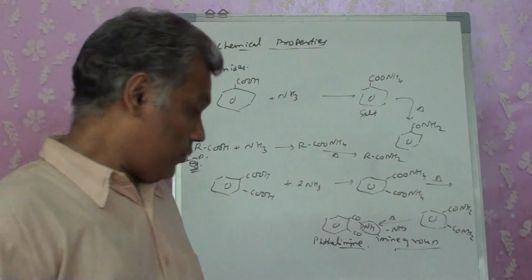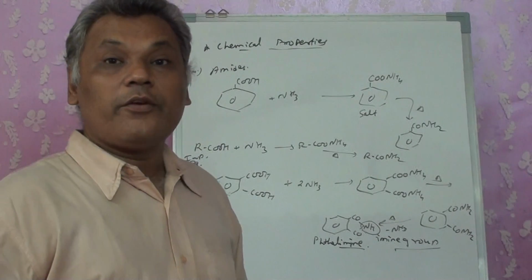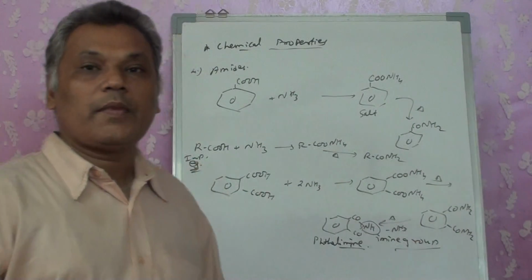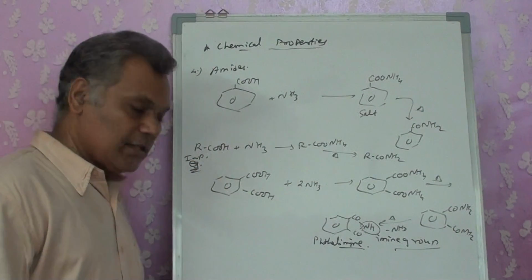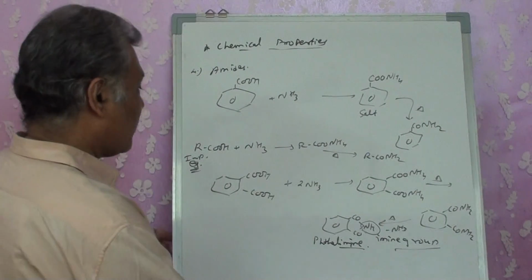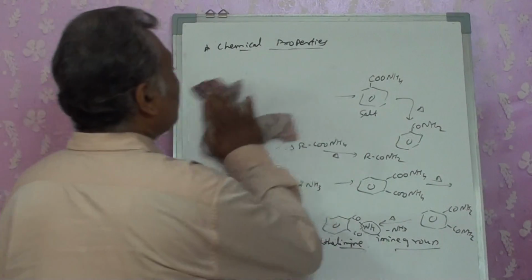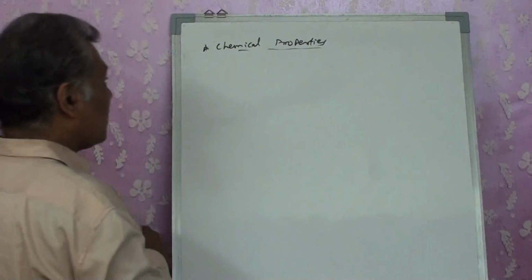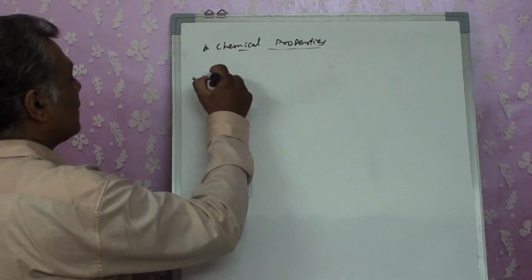Right? So the preparation of derivatives of carboxylic acid is the same reaction as the chemical properties of the carboxylic acid. Other than the derivatives of the carboxylic acid, the next one we are having is